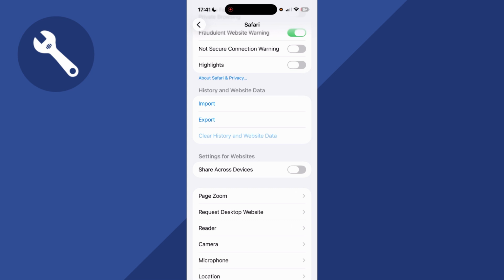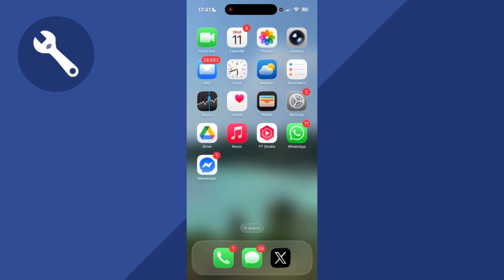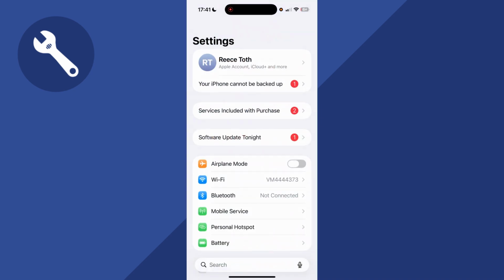How to fix the clear history and website data is grayed out on your iPhone. So if you're unable to clear your history and website data, I'm going to show you how to solve this issue. Now, the very first thing we need to do is go and click on Settings